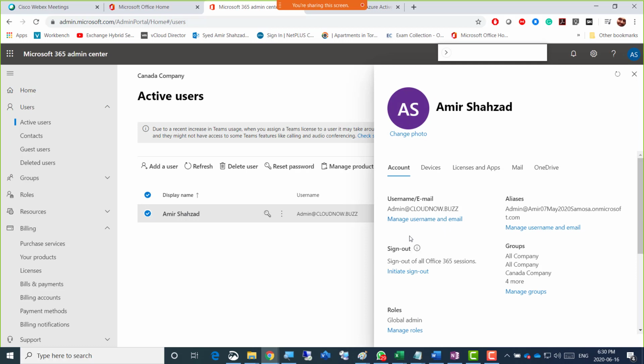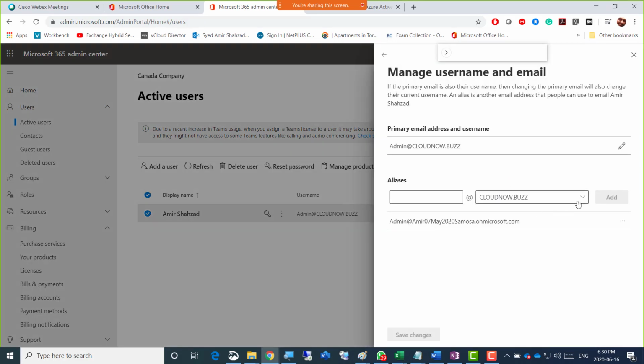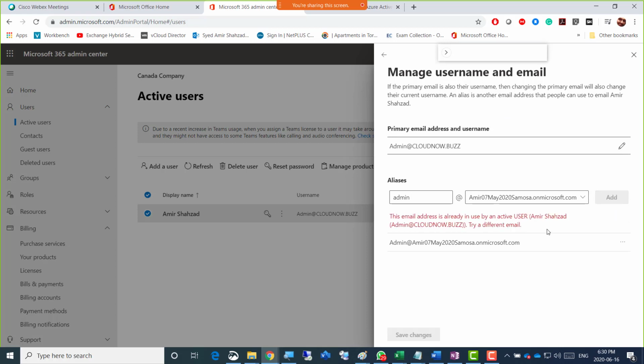And okay, so there's manage username and email. So I'll just manage username and email. Okay, I'll click that, and yes, it changes, and I have to put the admin here to add. So the email address is already in use by an active user.